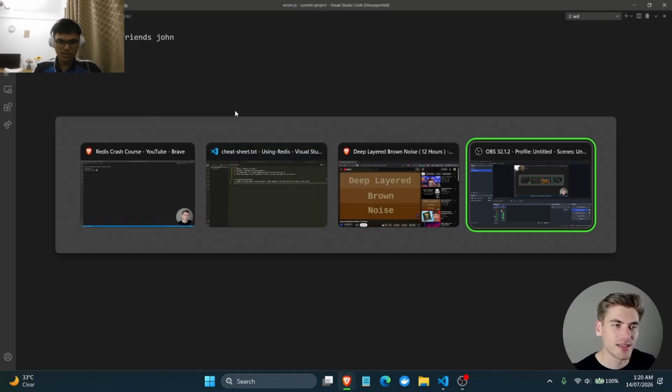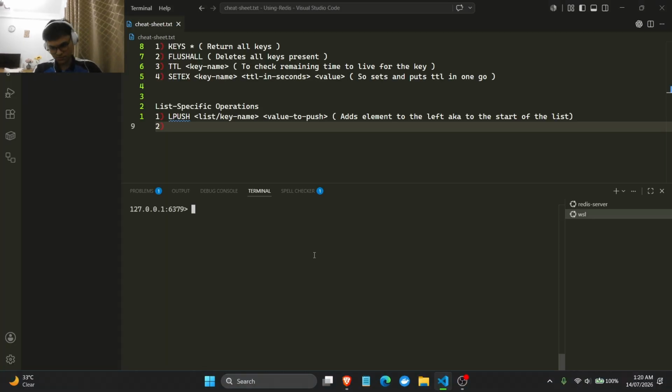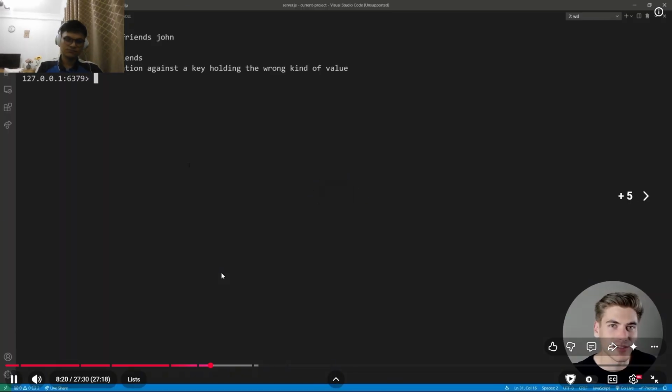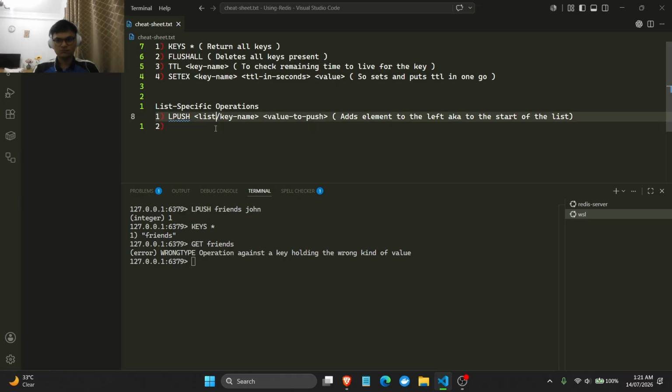Okay, so apparently what is happening is if we do LPUSH friends John, and then we say keys, we get the key, and then we say GET friends. Warning, operation against a key holding the wrong kind of value. Interesting. We can't get this, and that's because GET only works for strings. If we want to print